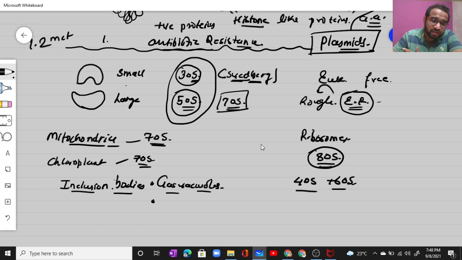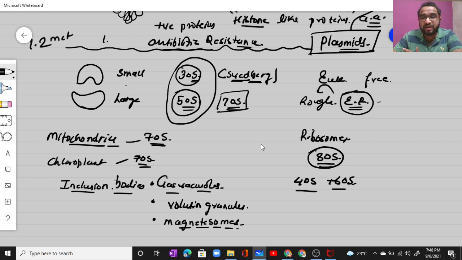There are inorganic inclusion bodies called volutin granules. These are small granules. Then it is also found that some bacteria have magnetosomes, and these magnetosomes help the bacteria to align themselves according to the north and south direction. They also have granules which store sulfur, called sulfur granules. Some of them have PHB granules, which are called